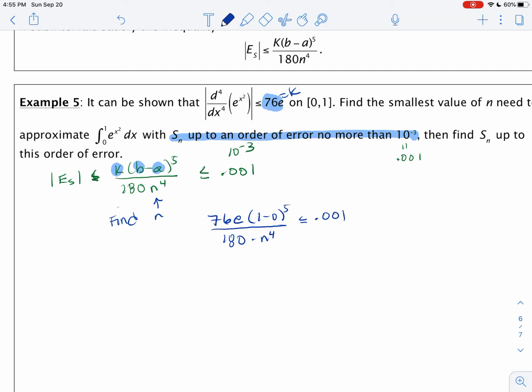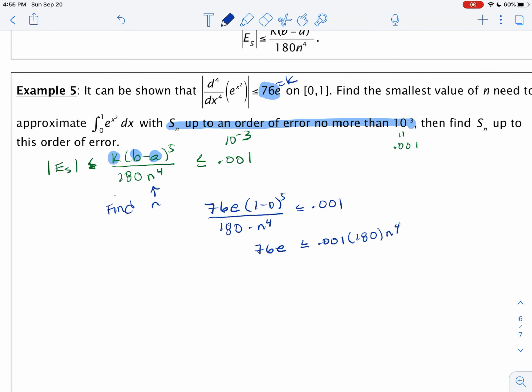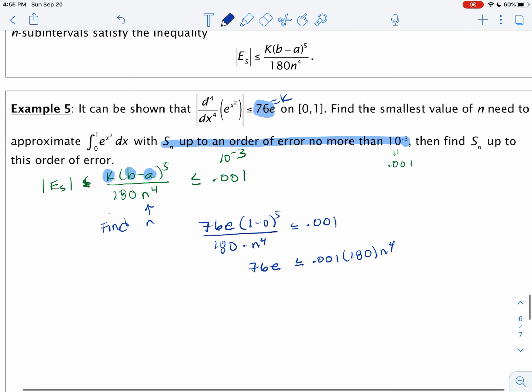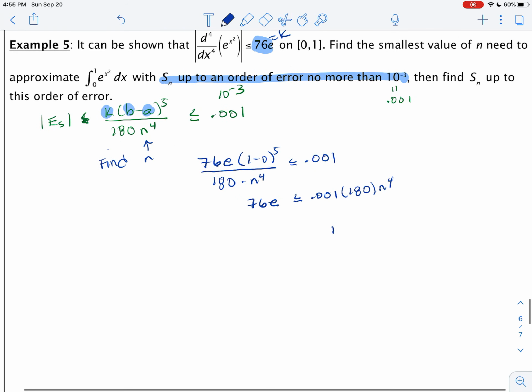And now we want to cross multiply. 1 minus 0 to the fifth is 1, and so we would get 76e is less than or equal to 0.001 times 180 times n to the fourth. And then we would get that n to the fourth